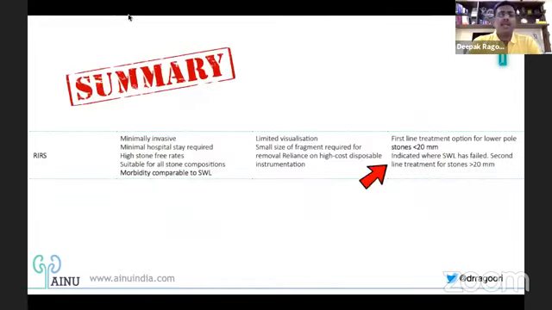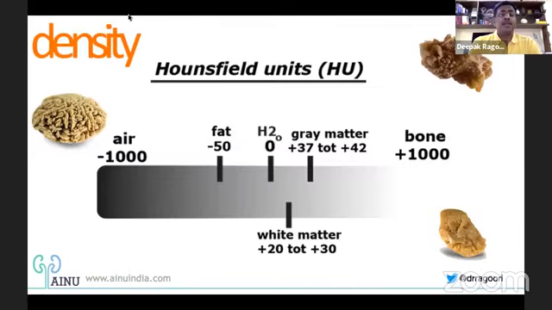In summary, I can put it in a nutshell saying that the first line of treatment for stones, even if they are lower pole ones, less than 2 centimeters, you can still go ahead and do an RIRS with some favorable conditions. But if the stones have failed on an SWL, even then they come down to your pocket of going into RIRS. This one parameter of Hounsfield units, I guess, as the days go by, we're all considering to be a very important factor.